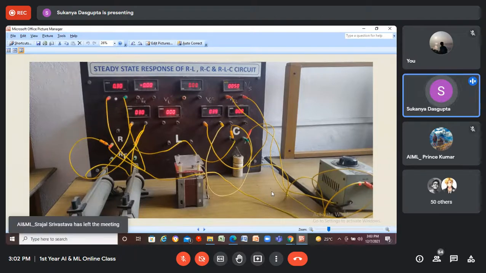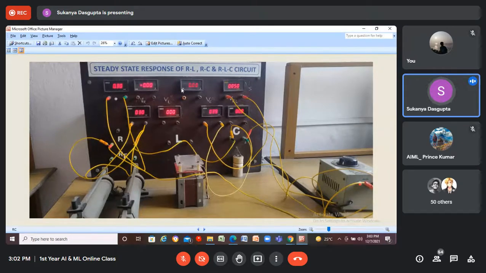So we'll check all the parameters, like the values as shown in the meters. This is the case for RC series type circuit. So for RC series circuit, this digital voltmeter is showing the VR value, voltage across resistor. This is showing VL, this is showing VC, and this is showing VRL, right? V is the supply voltage. This voltmeter is showing the supply voltage. And the first one is showing the supply current.